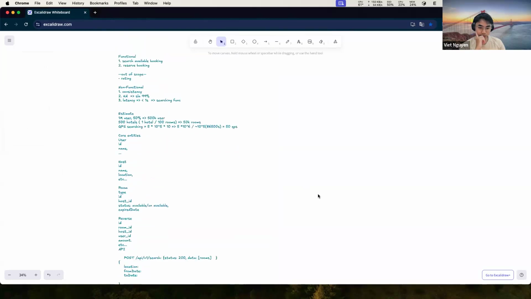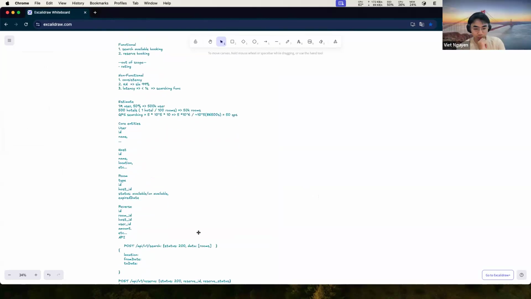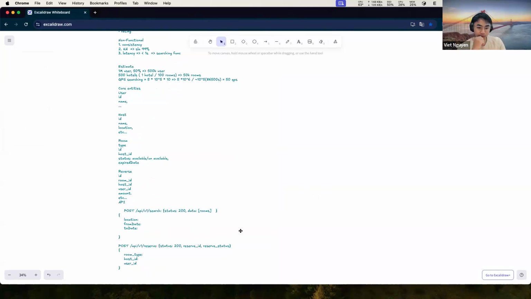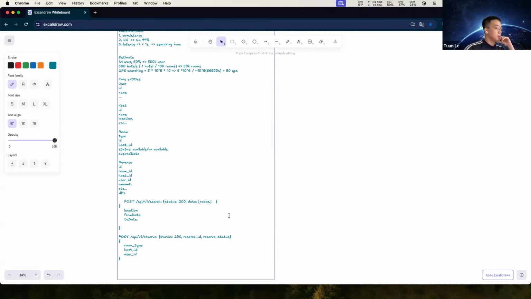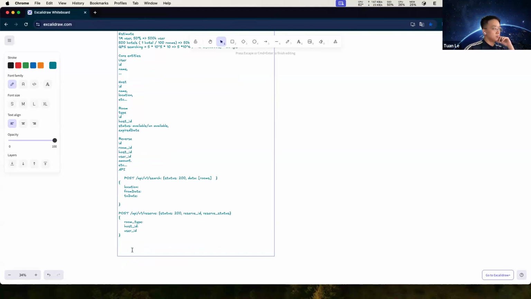So another question is, you mentioned the latency when they make the payment, like 10 minutes or 15 minutes. The payment takes time, and selecting a room and thinking about that room also takes time. So how do we do it in this case? Do we need another API, or is all of that handled in the reserve API? I think I want to use a third party to make payment.